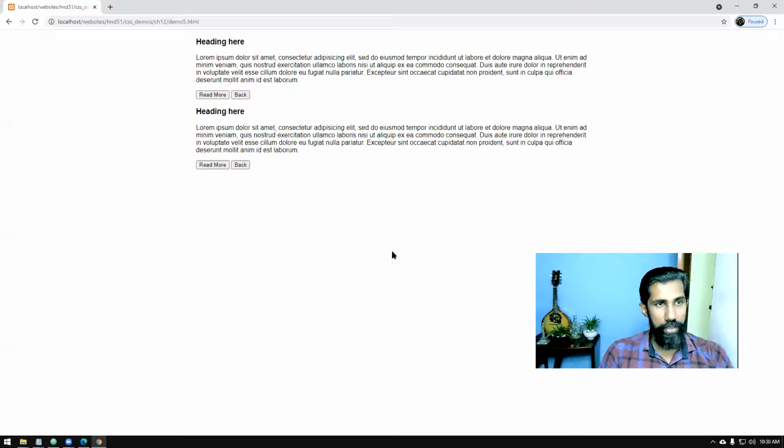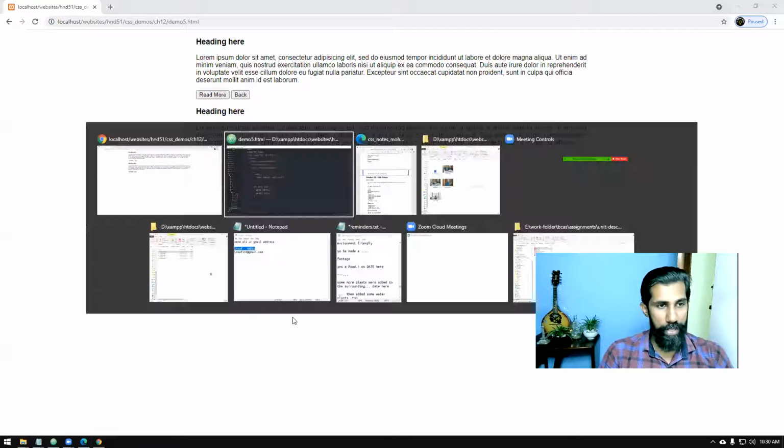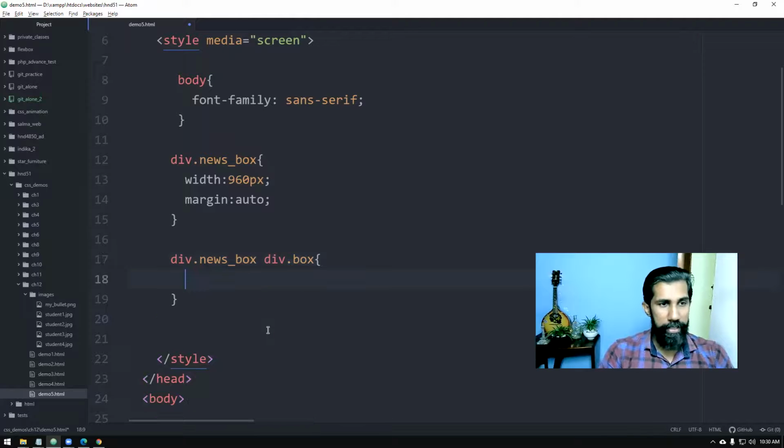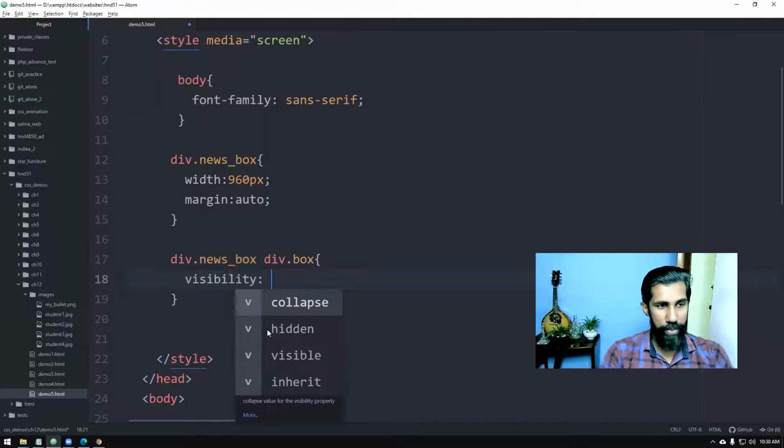Now I want to have two columns, so let's do that now. div.news-box, and inside that you have div.box. You can directly code like this also if you like. I like to code like that to show that it is inside this one. That is fine, you can do it as you want. The first thing I do is make this one visibility hidden.